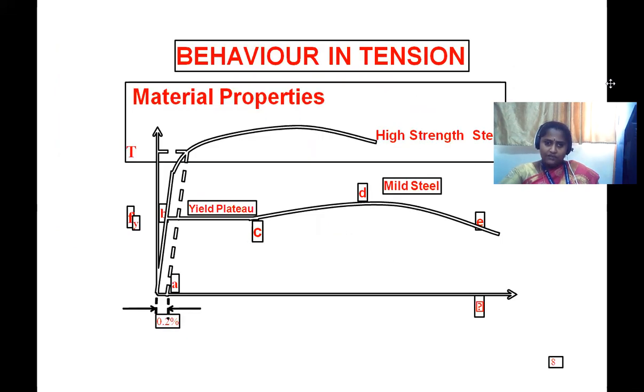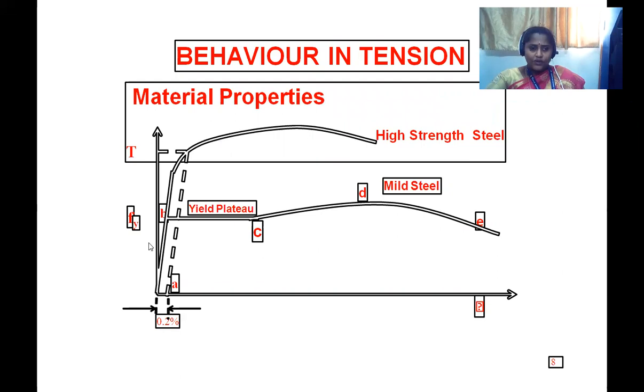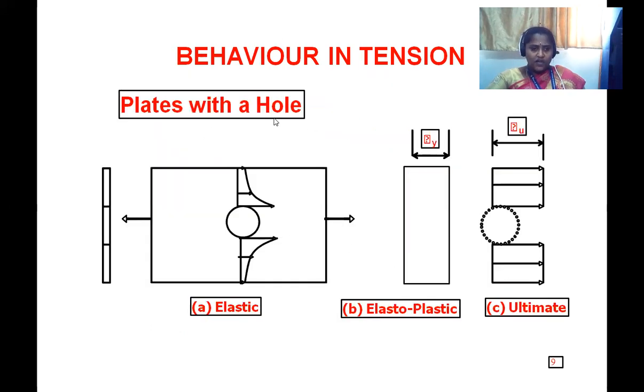And this is how a tension member behaves. Tension members, generally we go with high strength steel members, and the behavior will be that it will carry maximum tensile strength. Behavior of tension in the bolt hole area. In the bolt hole area, at different behavior, what will be the result? If it is elastic, the bolt hole will become weak like this. If it is elastoplastic, it will be like this. Ultimately, it will tend to fail at the bolt holes.